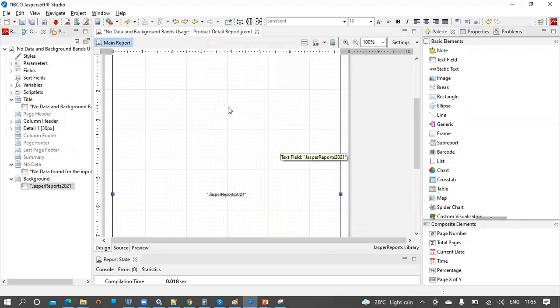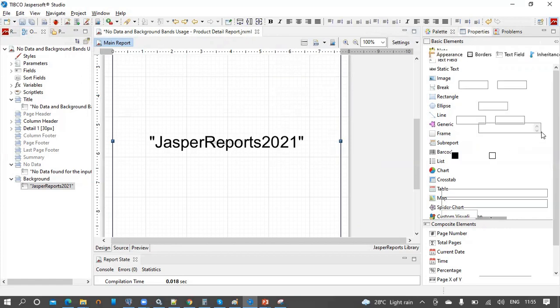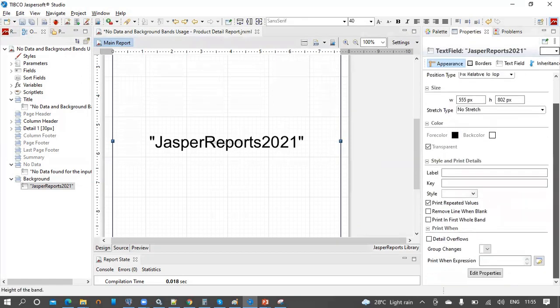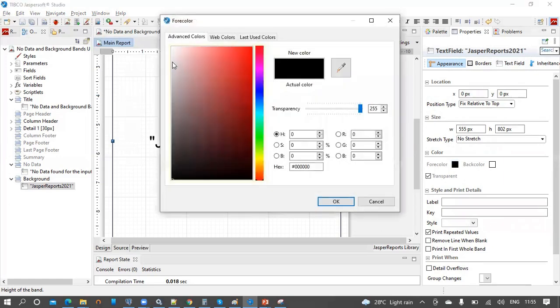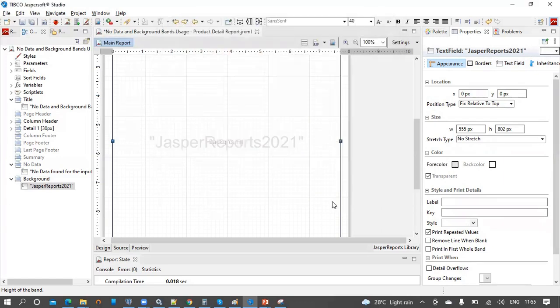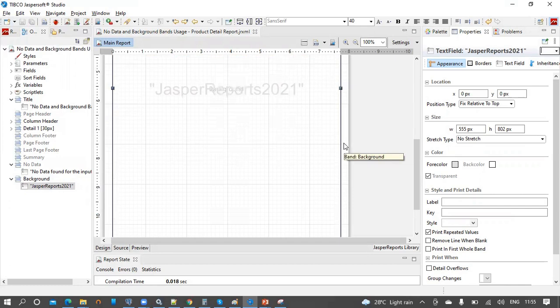The text is positioned horizontally and vertically middle, and I am going to take 40 pixels of size for the font. Generally watermarks display in the background of the pages and in a light color. So let's change the fore color for this text. This is how we can enable the background band and provide some text for the watermark.